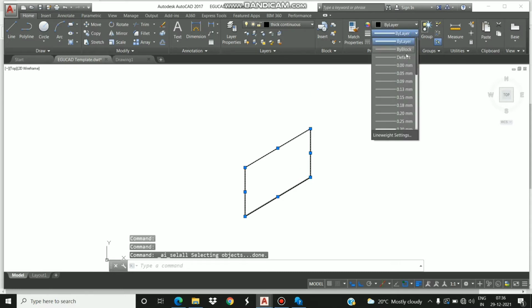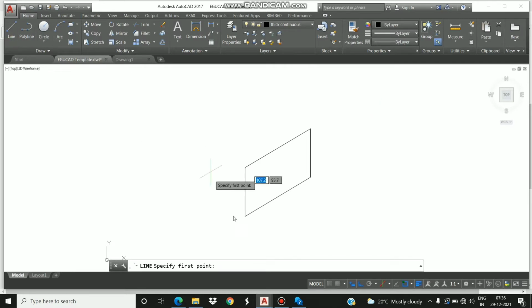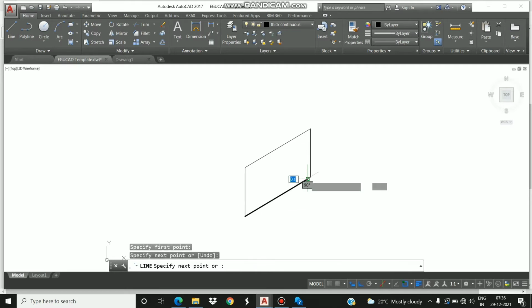So decrease the thickness of all the lines. Now one by one we can draw this. We know that this line is the visible part of the isometric front view, right? Then 30 on this side and 30 on this side, 30 on this side, right? This line is 20, cut 20 here and joined here.